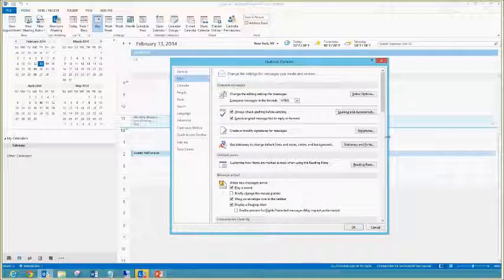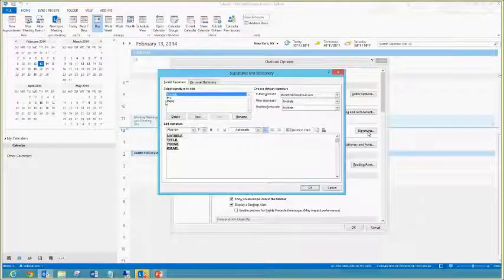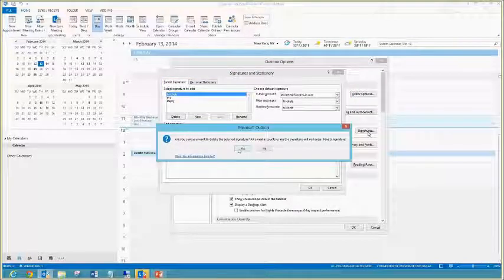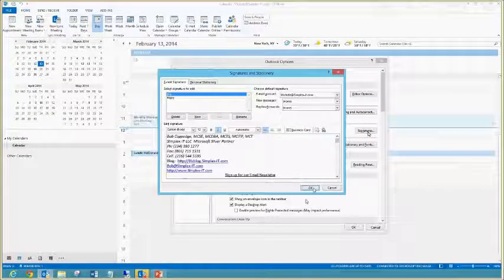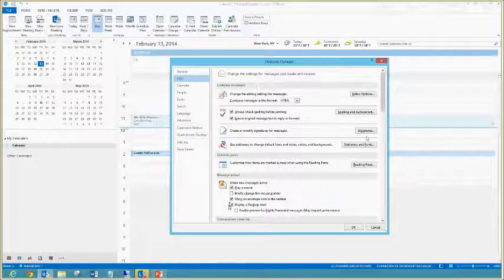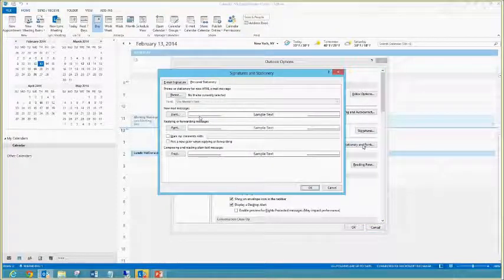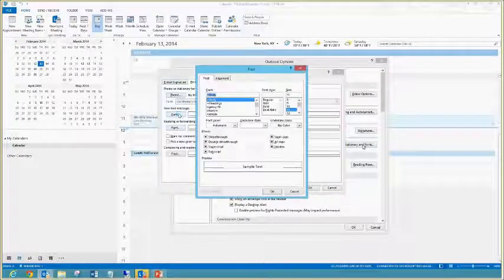Your signature button, you can create your signatures as I showed you before. I'm actually going to delete my signature from here, but I can delete them. I can choose which ones I want to create. You can change your stationery and your font. So every time you type a new mail message, you hit font. Maybe you need it to be 12 or 14. You want it to be a certain font. You want it to be bold. Don't type in all caps because that sounds like you're yelling. So people who type in all caps, that is not a good thing because that means that you are yelling